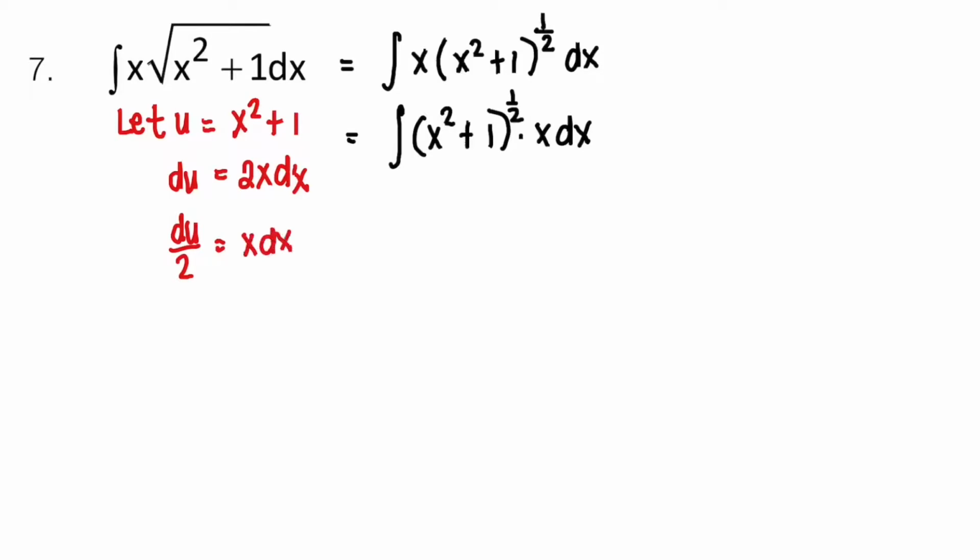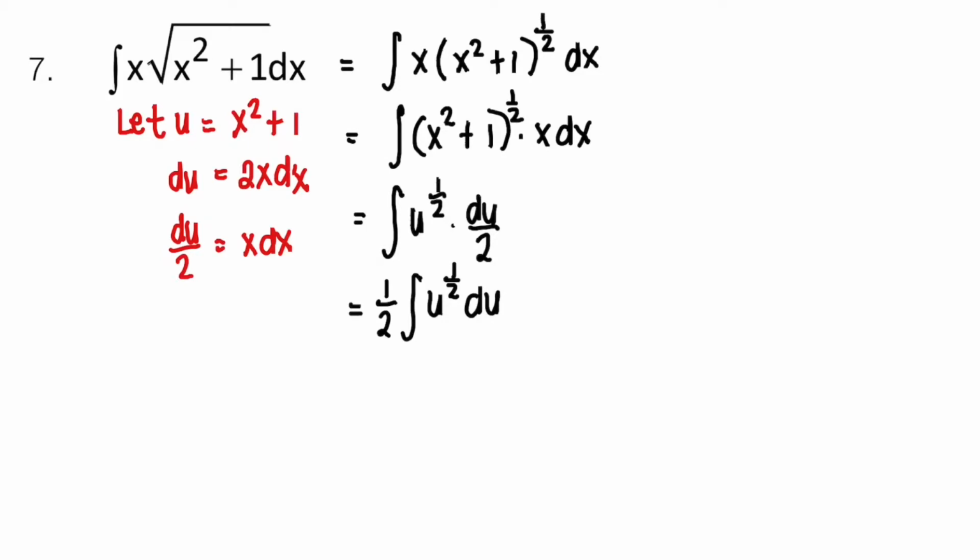So substituting, since x squared plus 1 is u, that's u to the power of 1/2, and x dx is du over 2. We put the constant before the integral sign, that's 1/2 times the integral of u to the power of 1/2 du, and